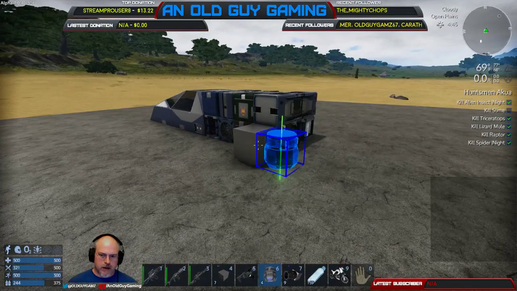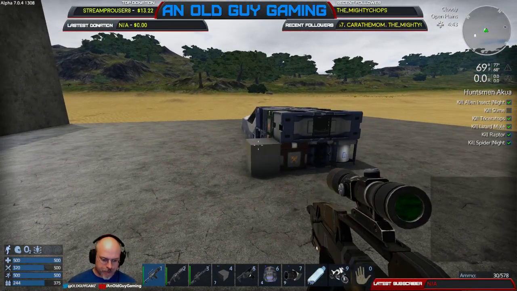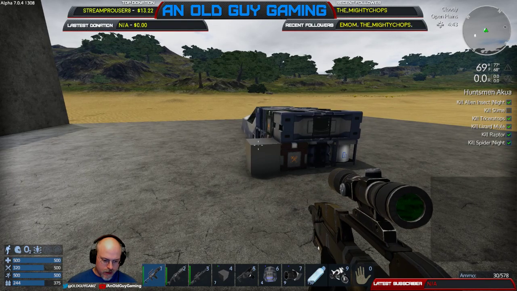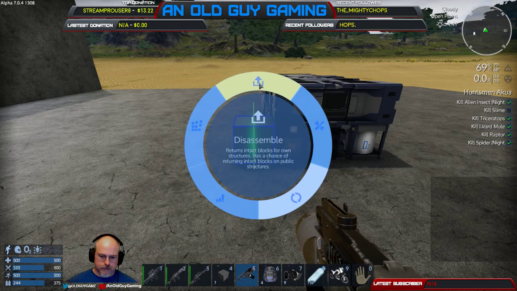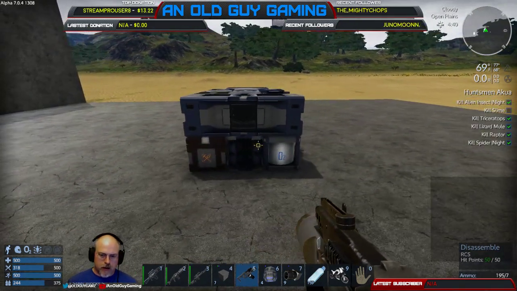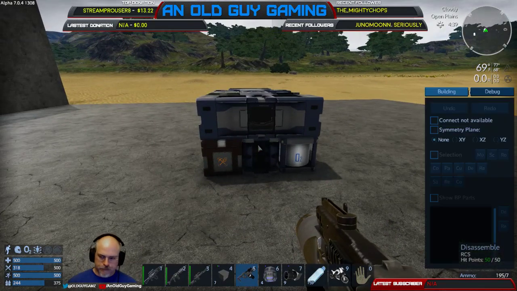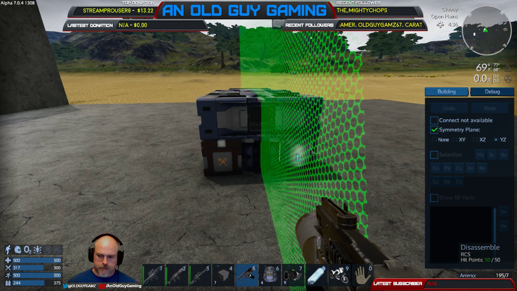Oh, you know, the other thing I need to start doing as well, now that I think about it, I'm glad I did think about it, is let's pick this back up for a second. And we're going to put on the symmetry plane. And what that'll allow us to do is... Come on, get right in the middle. There you go. What that's going to allow us to do...